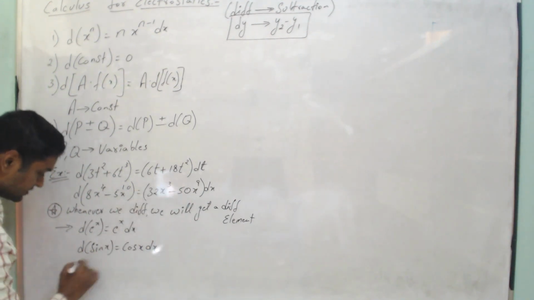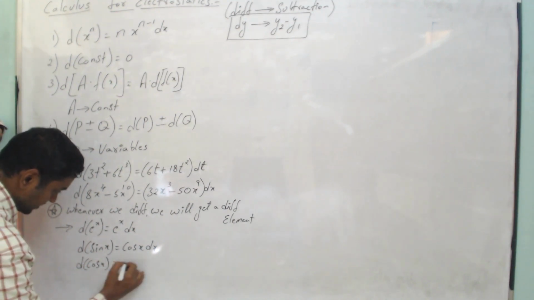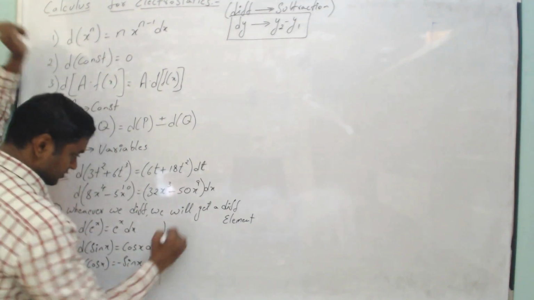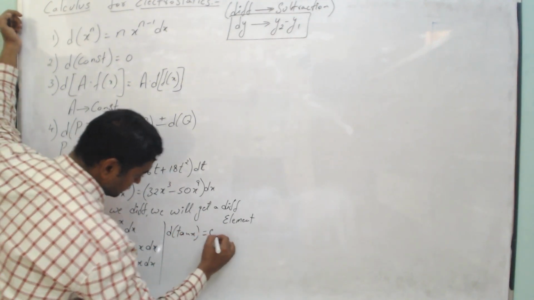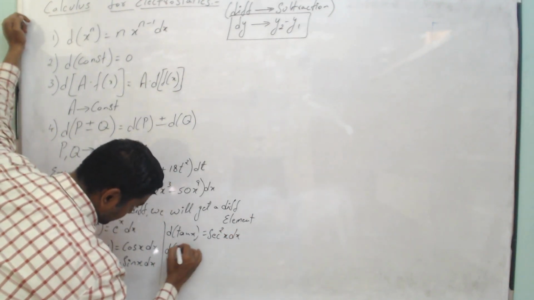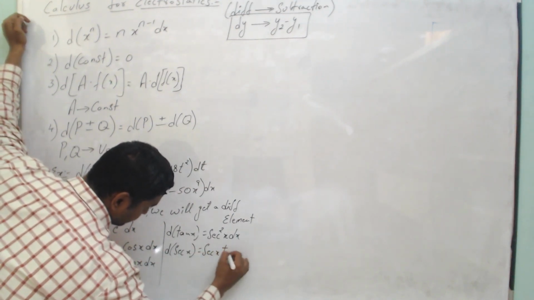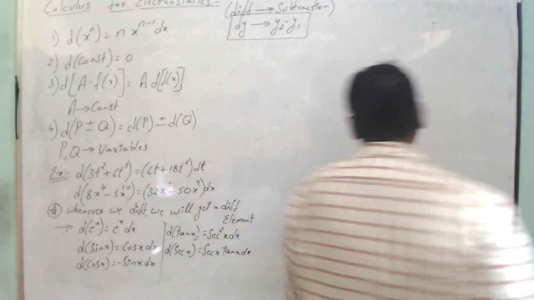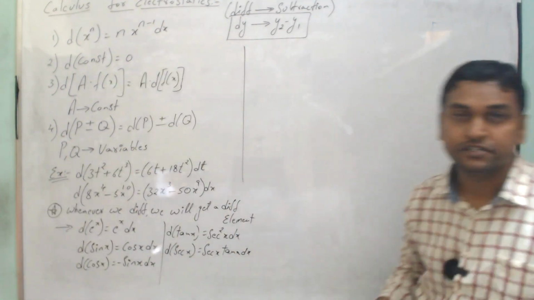Differential of sin x is cos x dx. Differential of cos x is minus sin x dx. Differential of tan x is secant square x dx. Differential of secant x is secant x tan x dx. So basically, more or less, you remember these things so we can move ahead. Now, the next important thing that we have in differentiation is